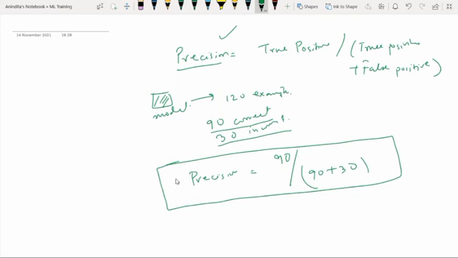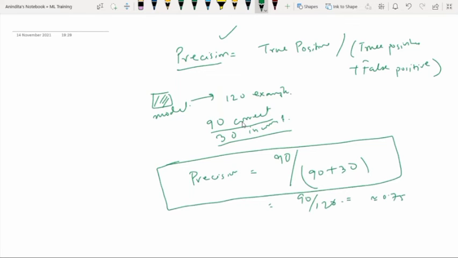So we will write true positive values, meaning 90 divided by 90 plus 30. It will give you 90 divided by 120, that is approximately how much? It is a precision of 0.75 or near about, I think, right? So this is how you can calculate precision.